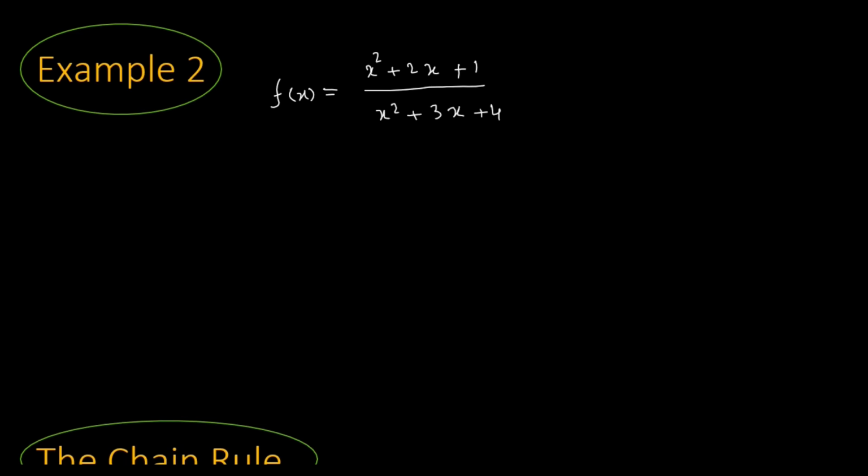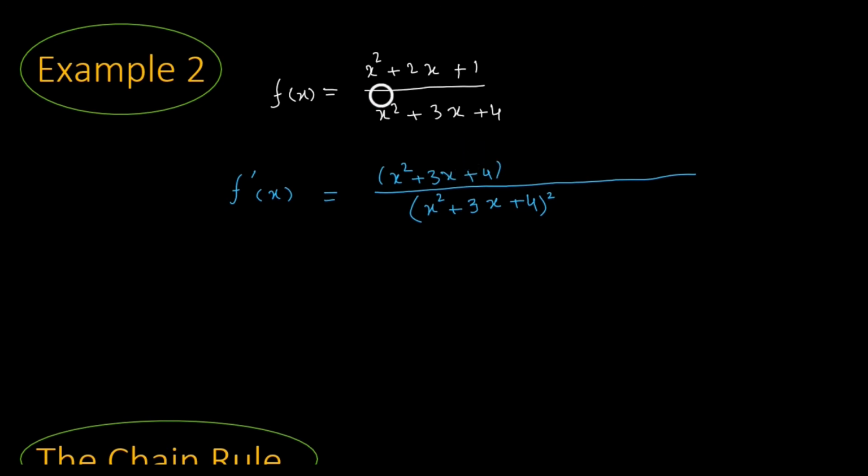When we apply the quotient rule, f prime of x will be equal to (x square plus 3x plus 4) whole square. Then x square plus 3x plus 4 as it is, and you take the derivative of x square plus 2x plus 1, which is 2x plus 2,